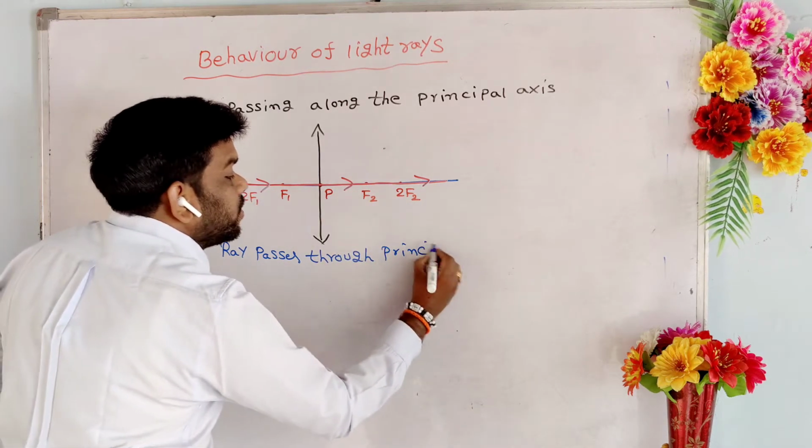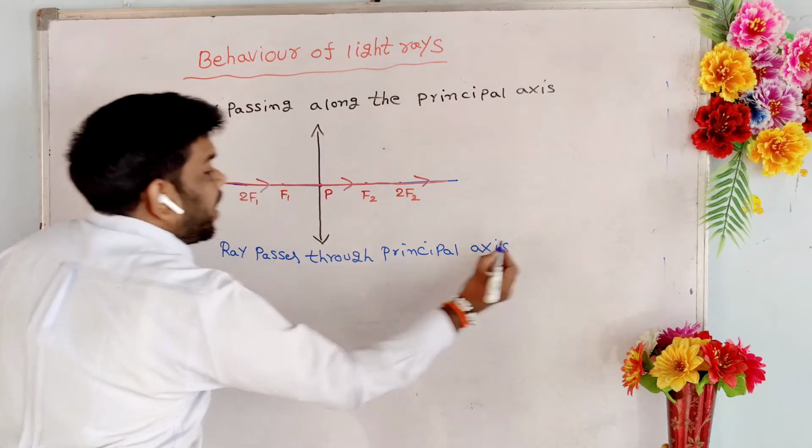Ray passes through the principal axis, that light ray